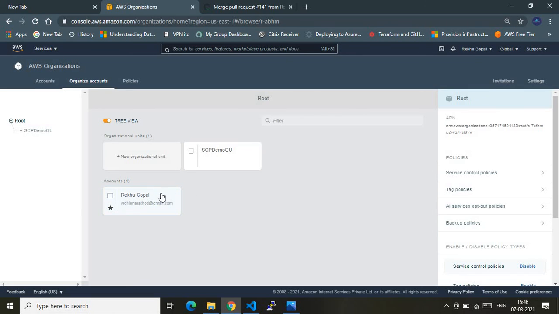The master account cannot be pushed under the respective OUs, and on master accounts the SCP policy does not work. Let me make a note of that. That's the reason I'm not able to show you that. But that's it. This is how you can maintain your AWS organizational infrastructure, creating an OU and SCPs, and attaching the SCPs to the respective OUs, using infrastructure as code with Terraform. We have completed the demo successfully.